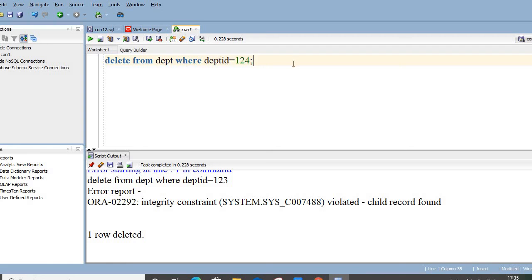Okay, so in this way we can implement the basic concept of foreign keys in SQL, and it is also possible that a table may have multiple foreign keys, and those foreign keys are from different tables. More than one foreign key is possible for a single table, whereas a table must have only one primary key. Hope you understood the concept of referential integrity and its implementation in SQL.